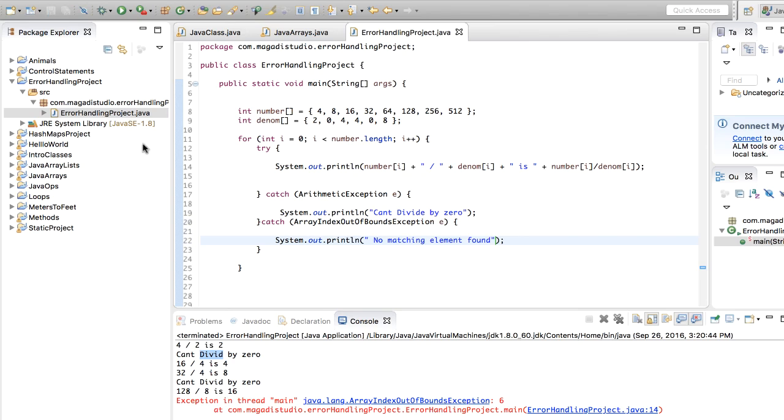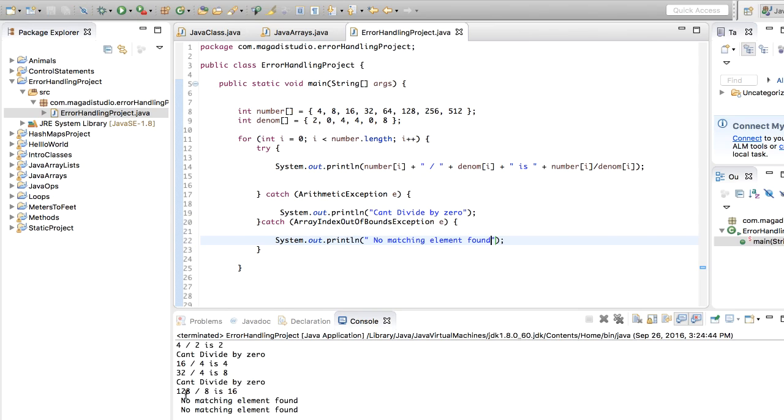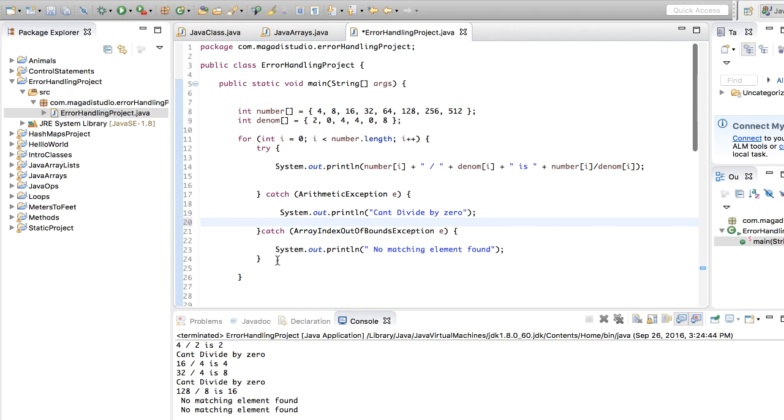That works. Okay, so now if we save this and run, look at this. Instead of that ugly error, that was handled, and we just showed, hey, no matching element found. If you feel the need to catch some other different exception, you are more than welcome to do. And this is really, really important, because you notice the fact that we created one exception, the arithmetic exception,